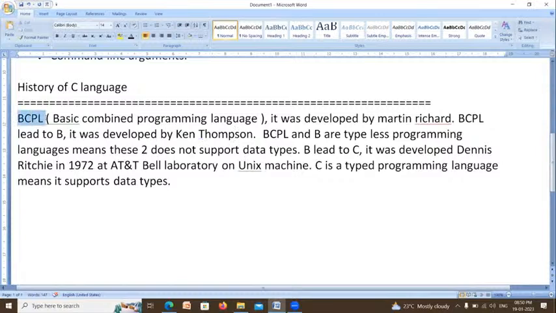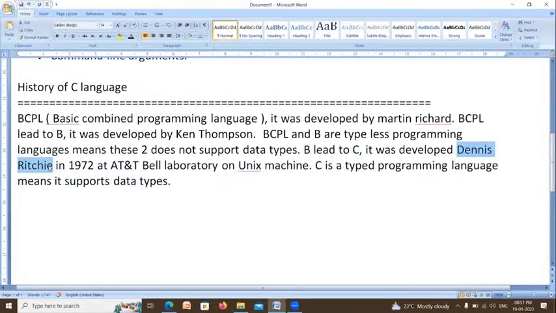Actually, I explained BCPL and B. These two are called typeless programming languages. The meaning of typeless is that it doesn't support data types. From language B, a new programming language was developed, that is called C. C was developed by Dennis Ritchie.